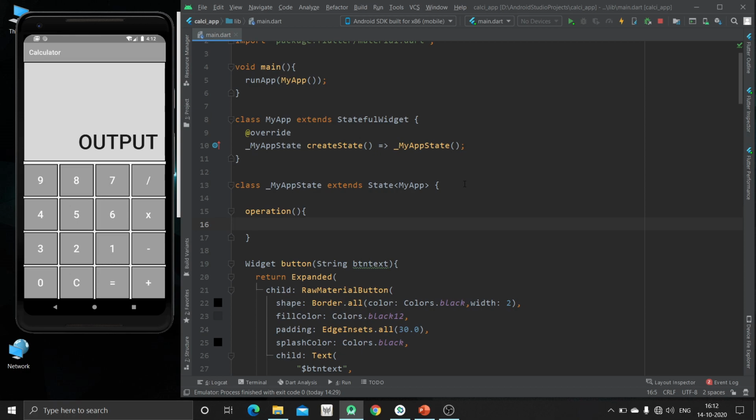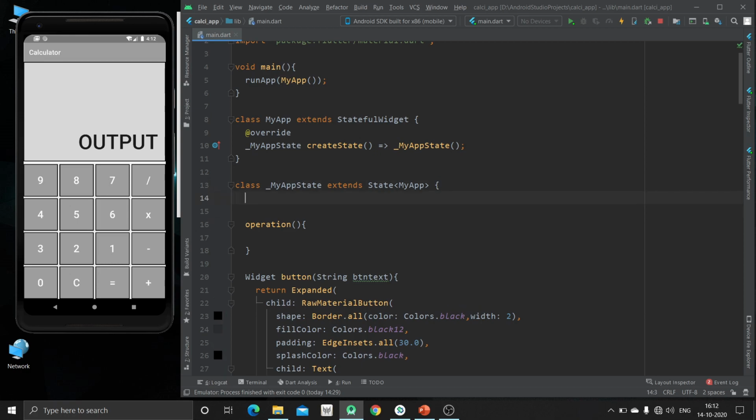Now before that we have to create some variables to store these numbers and operands and the output.